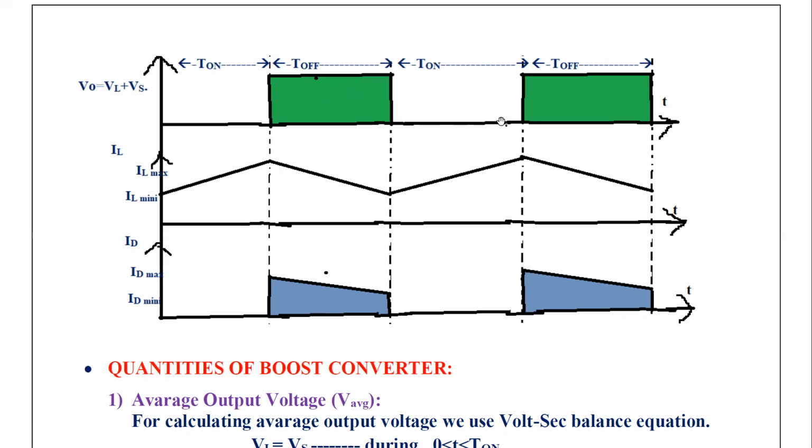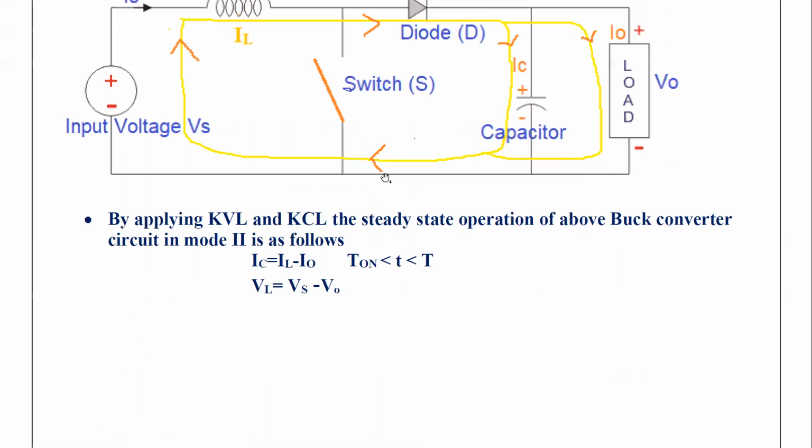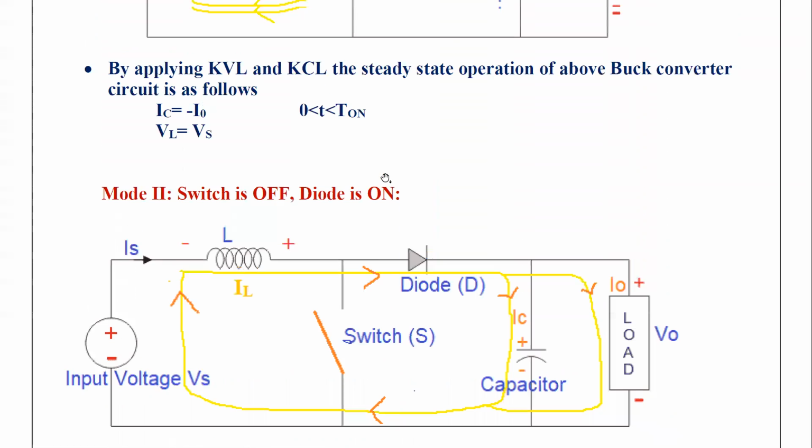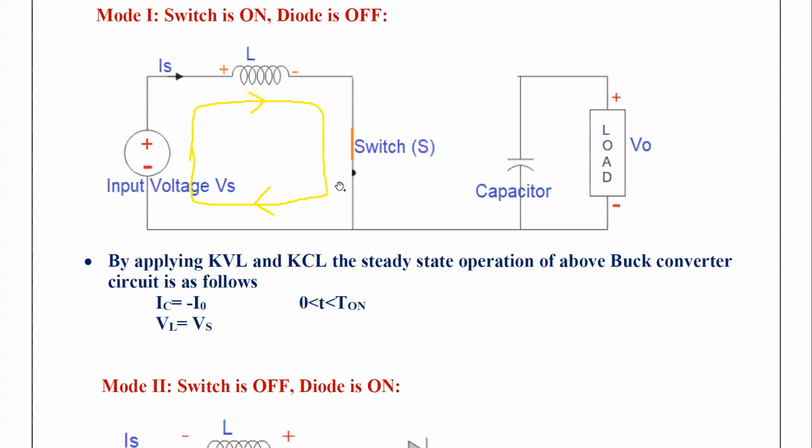Again, during turn on time, the switch SC is disconnecting this. Look at the diagram here. During turn on time, the switch SC is disconnecting this entire load from the supply side. Therefore, there will be no output voltage across the load during turn on time.